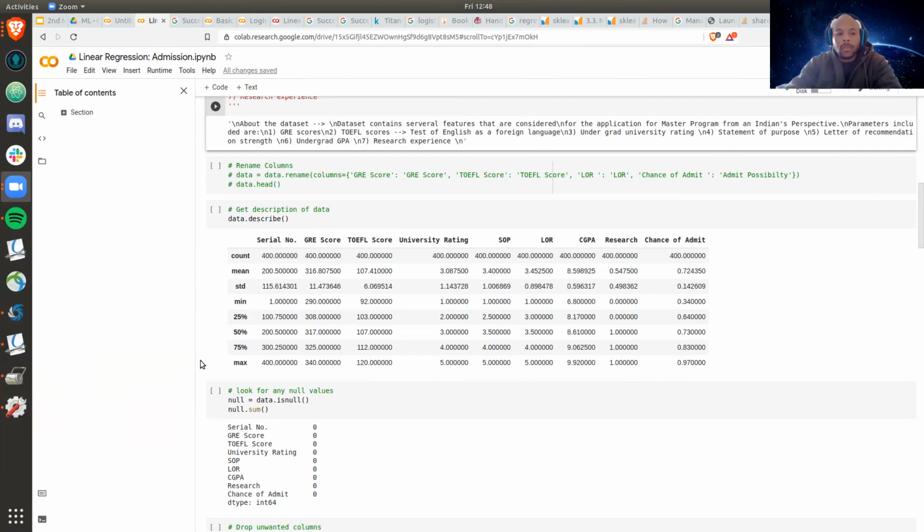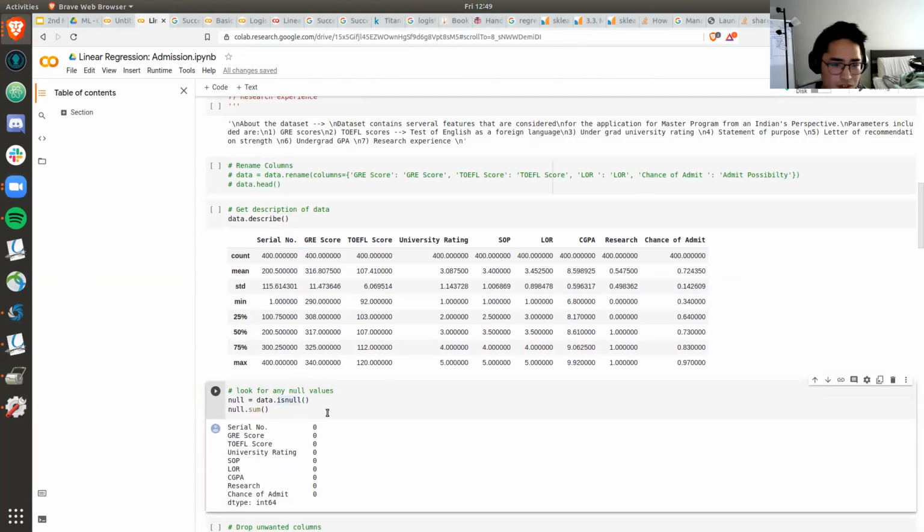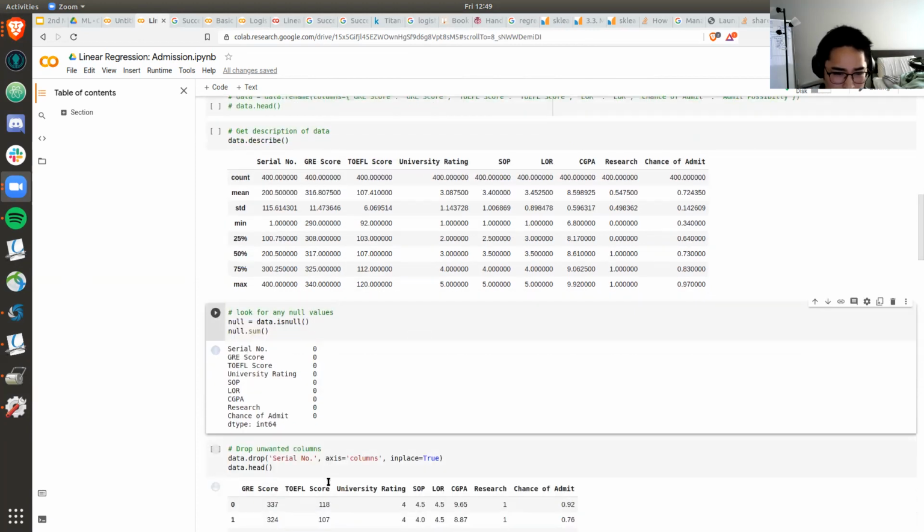Another thing to consider is that when we train our model to predict a value or probability, we are going to be using the chance of admission. The chance of admission is basically going to give us our labels, and we're going to use those labels to associate all the features with this probability. Hopefully that makes sense for everyone. If it doesn't, I'll be in the chat keeping track of your questions. But yeah, all right.